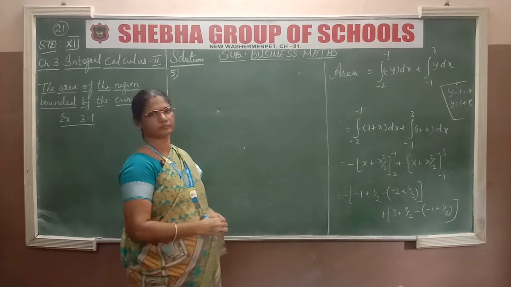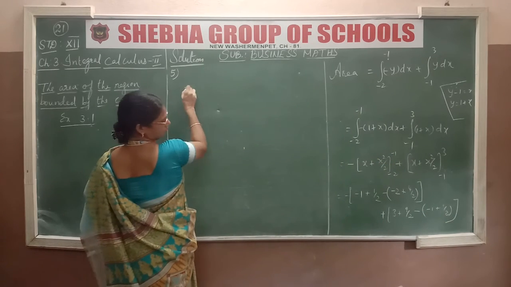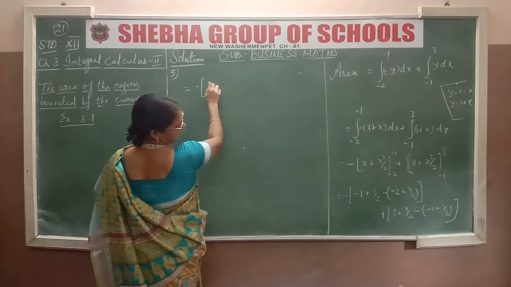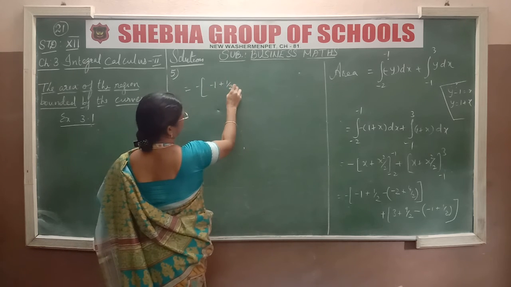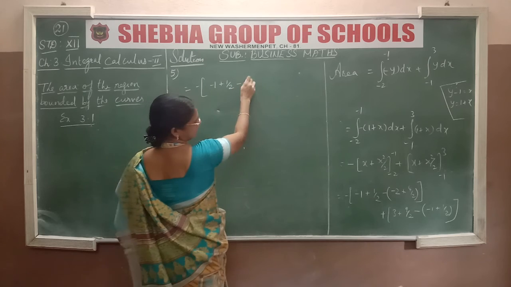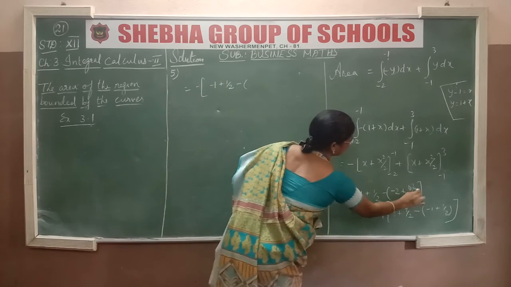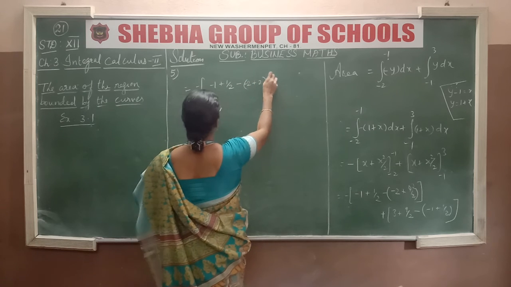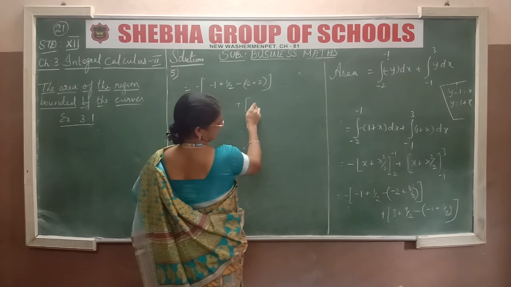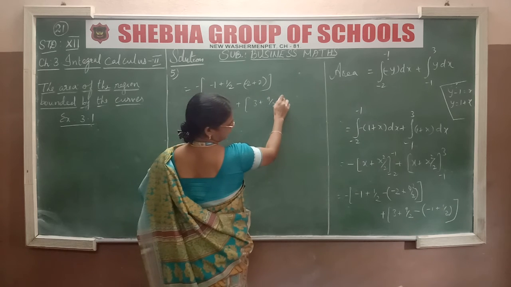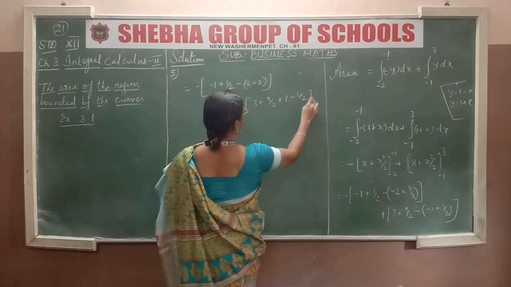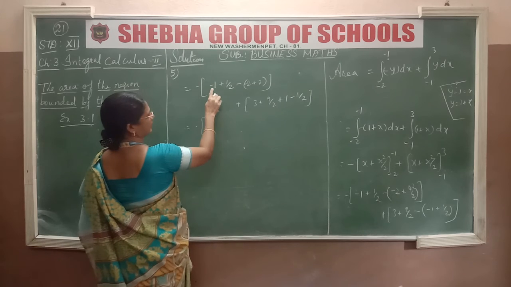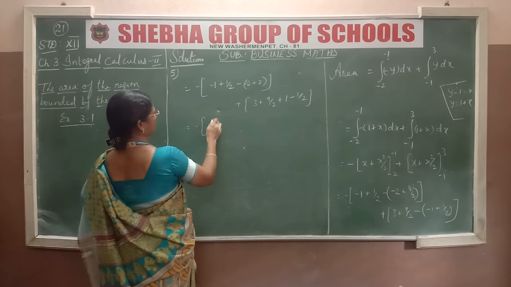Understood? So it is equal to minus of minus 1 plus half minus, right in bracket, cancelling these two we get minus 2 plus 2 and plus 3 plus 9 by 2 plus 1 minus half equal to minus half plus minus 1 plus half